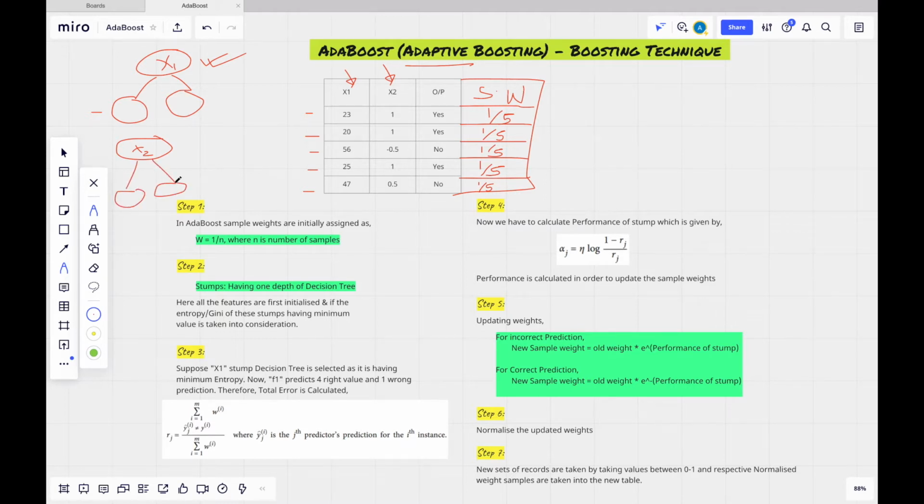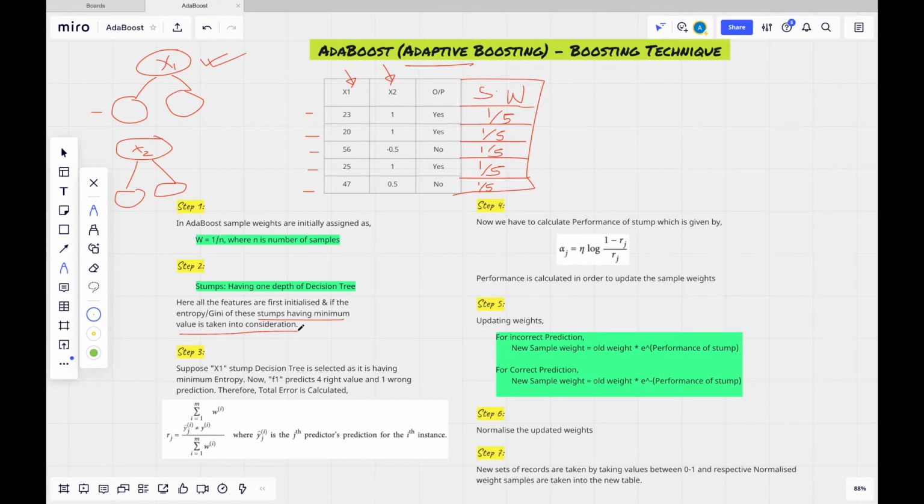As you all know, for selecting the parent node in a decision tree, we calculate Gini impurity or entropy. In a similar way, in AdaBoost we are doing the same. Based on the Gini impurity, we find the minimum value of these two stumps and select the minimum one. The stump having the minimum value is taken into consideration.